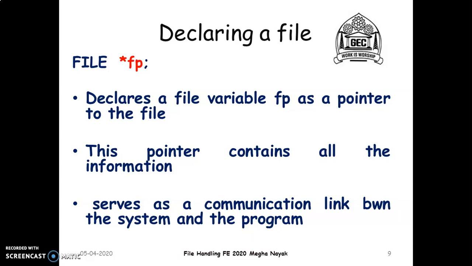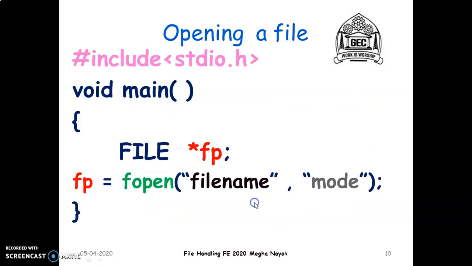There has to be some communication happening between your C program and the computer system. So this star pointer, that is a file pointer, is going to be serving as a communication link between your C program and your computer system. Getting my point? Alright. So let's move ahead. So how do we open a file in a